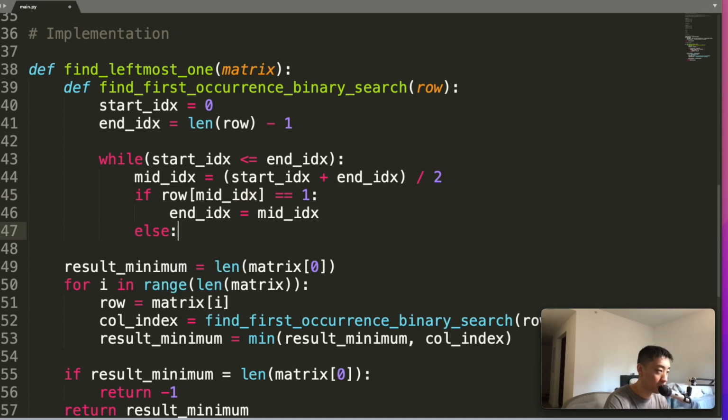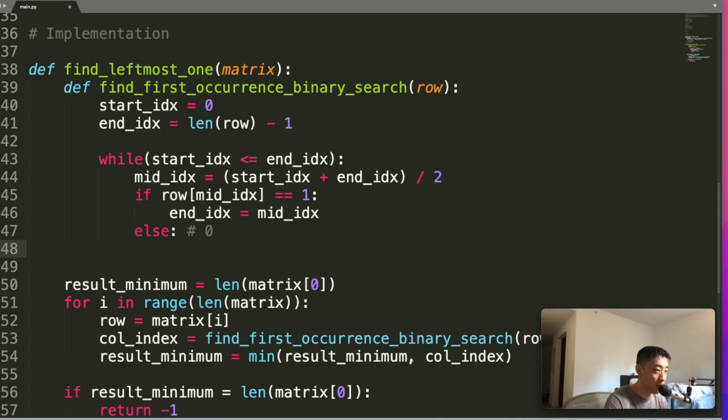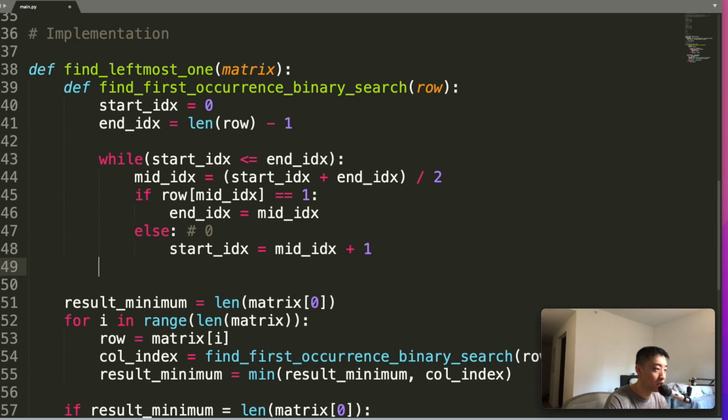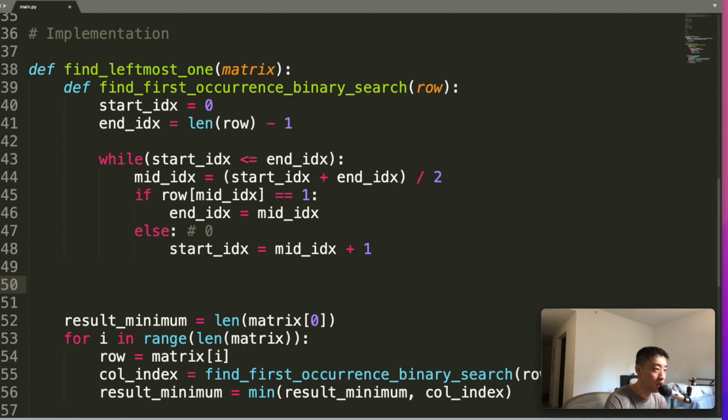Else, it's 0. We want to search the top part of the array, so we set start index equal to mid index plus 1, and ultimately we want to return